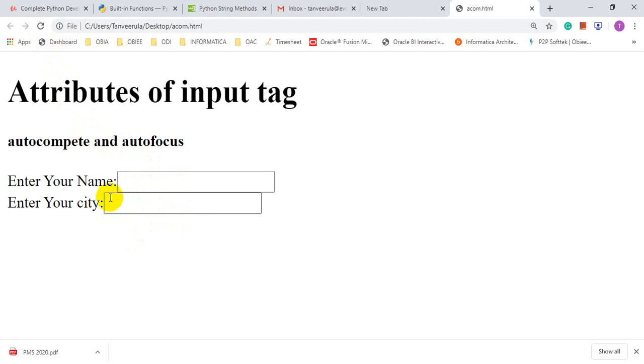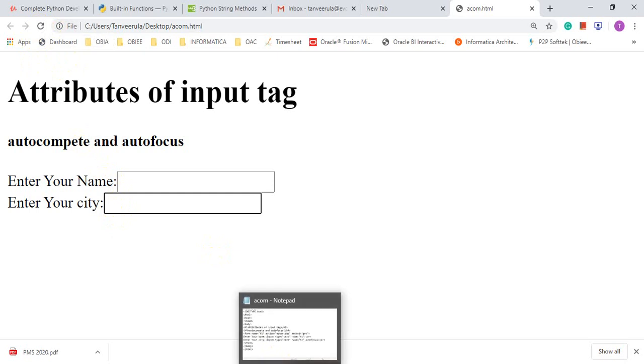Please students, pay attention. When I refresh the page, the cursor will automatically get focus, or this text box will get focus, because in the second text box I have used one attribute, that is autofocus. So this particular text box will get autofocus when you refresh the page. So refresh the page. Now see, I am refreshing. I did not click this text box, but this text box got focus. Okay, I just wanted to show you.